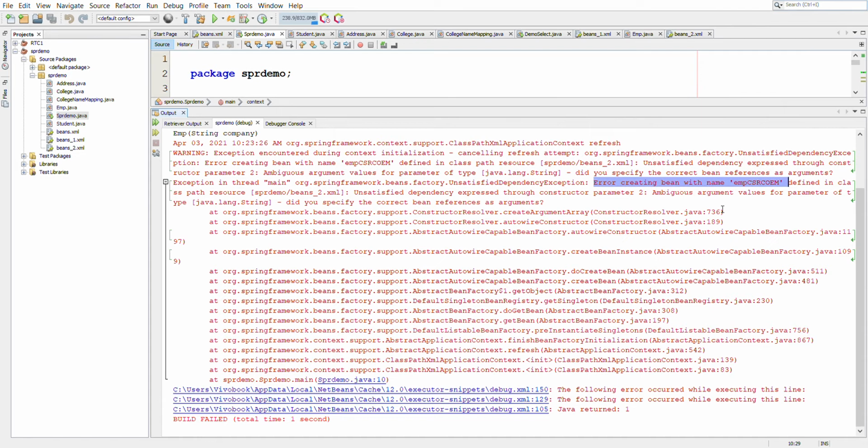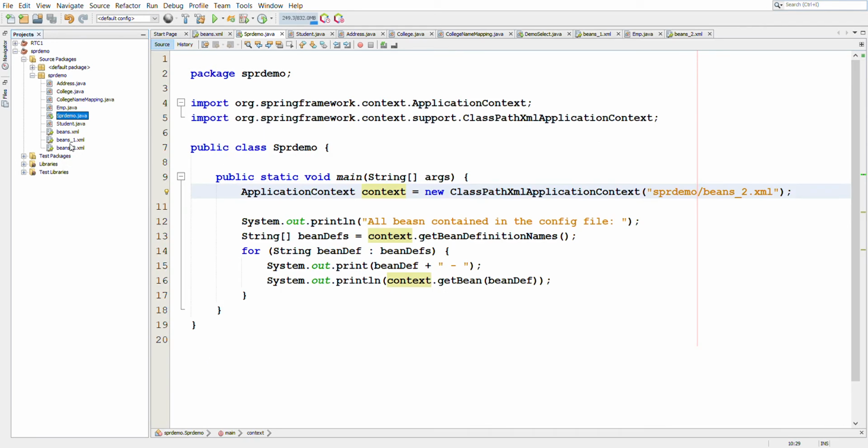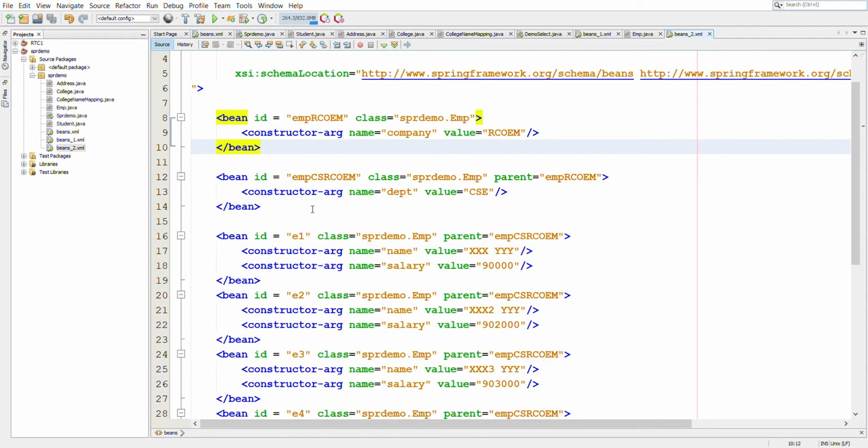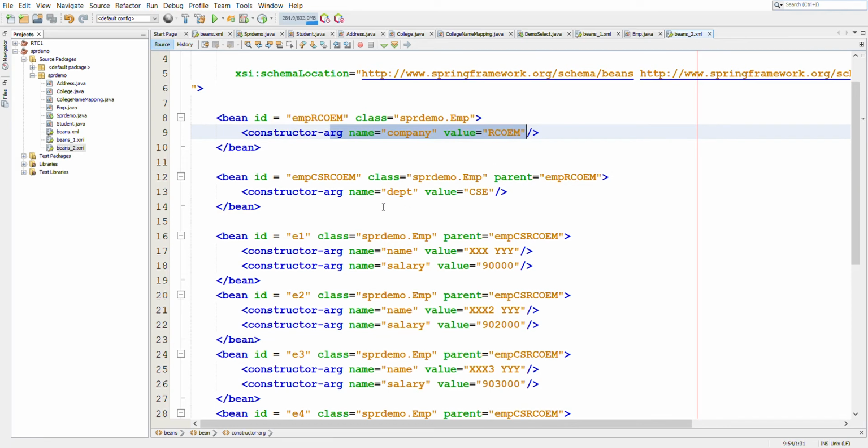The issue is that the Spring container is trying to find a constructor with arguments for the company as well as the department, because it has the parent as EMP RCOEM. So it already has the value for company and it has the value for department. So it is finding a constructor with two string arguments, one for company and one for department.